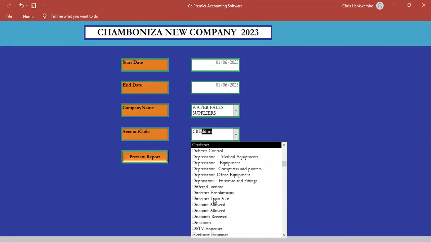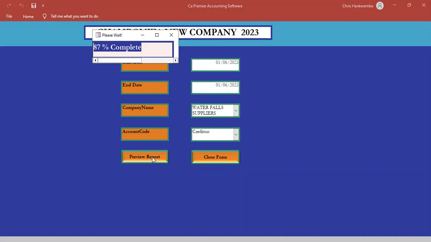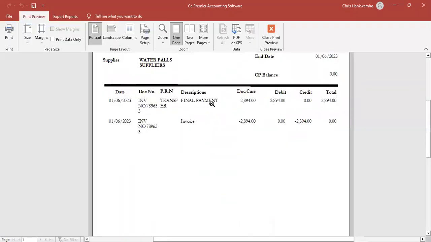So I'll do it like this. You see, all these are in rand. This is the way how it is. So it shows you everything like that, but in the foreign currency. You can also print this in Zambian kwacha if you want, but where it's going, this statement going to South Africa, they don't know about your kwacha. Print the statement in the foreign